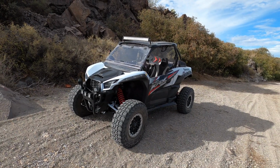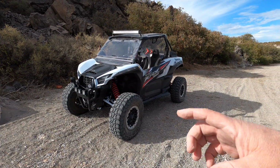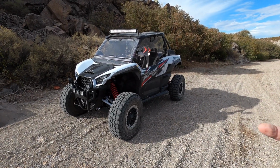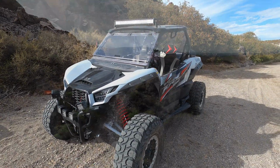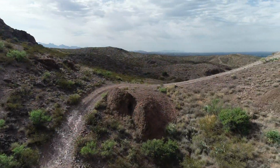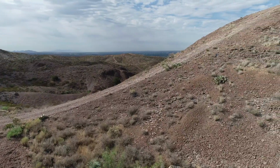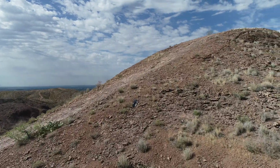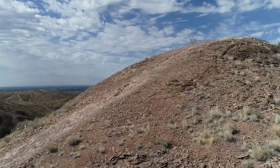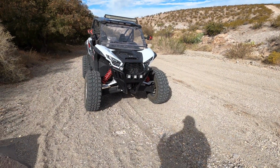So by the time I get this back, it'll have the Shock Therapy spring kit, and of course they're going to do the shock work on it as well. So I'll do a separate video. This is kind of the before. I'll do the after. Now this guy, stock, I've said previously, has one of the best suspensions, in my opinion,